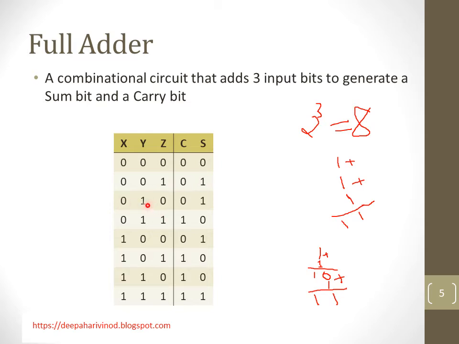The same way, 0 plus 1 plus 0, we will have carry as 0 and sum as 1. The same way, 0 plus 1 is 1, and that 1 is getting added with this one, so we will have sum as 0 and carry 1. In this case the sum is 0 and the carry is 1. In 1 1 0, the carry is 1 and the sum is 0. And the last case, all 3 ones together, we have already discussed this, and in that case we know that carry as well as sum becomes 1.